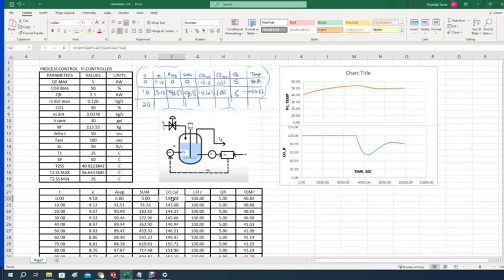Now, the CO calculated, I have the whole formula here. Let me put it down. So it's going to be the bias 50 plus C14, which is the KC value, times C22. Now C22 is the error here, plus C14 KC over C13, which is tau I, this one here, tau I times the sum. At this point, the sum, which is E22, in this, it's behind this, is 0. So the integral part is still not active yet. So that gives